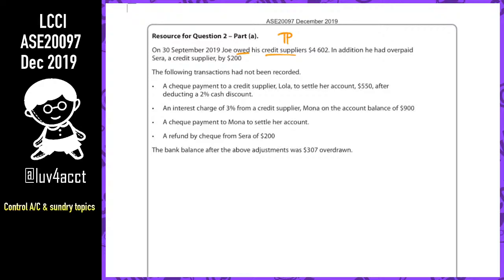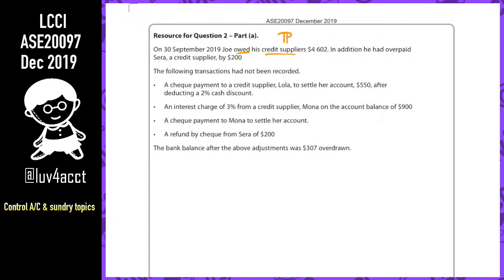So given to you the balance, and in addition, he had overpaid a credit supplier by 200, that is a minority balance. And then you have the following unrecorded items. Let me write down